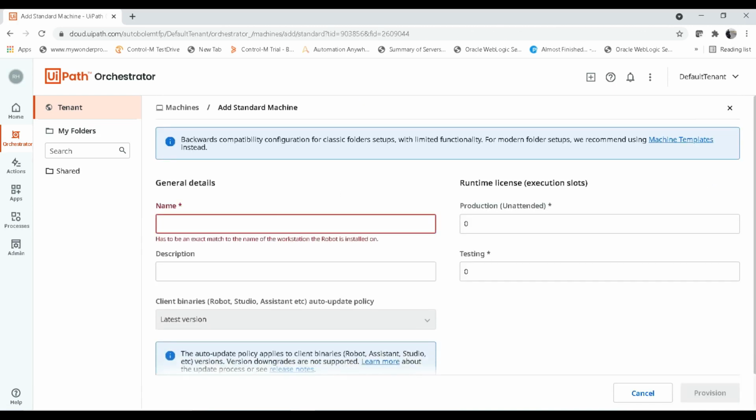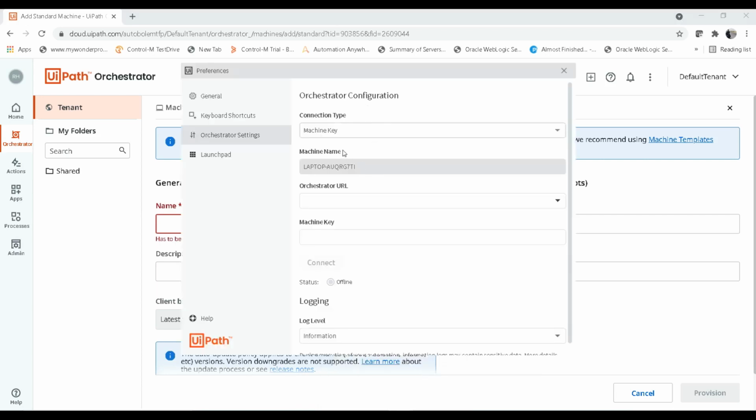If I choose a standard machine, it will ask for the name. So what is this name? For that, go to your UiPath Assistant. Here you can see the machine name, right? We have selected machine key as the connection type. If you choose machine key, it will show you the machine name. So just select that name,